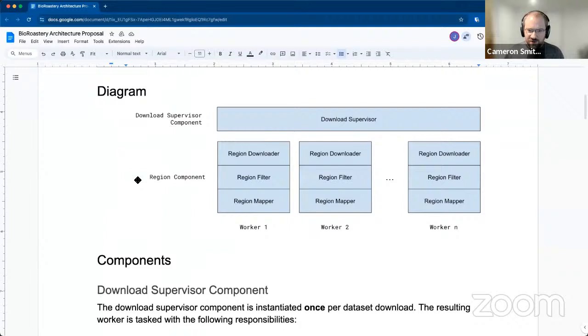John had proposed an architecture for this service to help us manage downloading very, very large, or not very large, but on the order of, let's say, 10 terabyte files in our first target case, and doing it in such a way, which is probably the most interesting part of the proposal, that we could perform a few pieces of computation while we're streaming the data in to our own managed object storage, which would be hugely advantageous because maybe we can parallelize many of those computations,